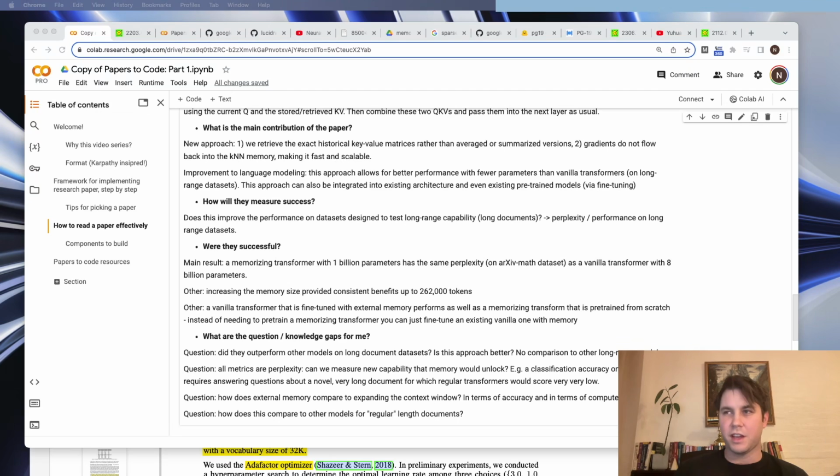Along the same line of thinking, I had a few more questions as I was reading about the success of the model and how we measure it. And so I've put these here, and maybe we'll investigate them once we've built the model and want to run some experiments. So all the reported metrics are perplexity, and this is a language modeling metric. But we might be interested in new capability that memory would unlock that doesn't exist without memory, or some kind of classification accuracy task, or really any kind of downstream applied performance that we could measure against a regular transformer